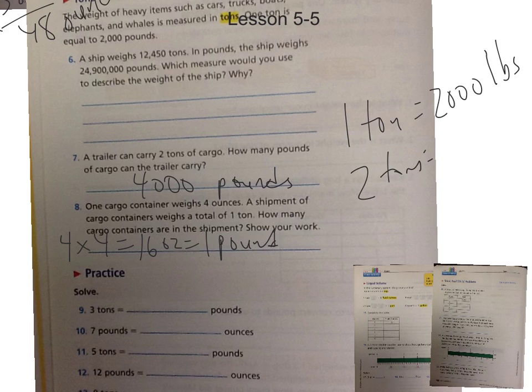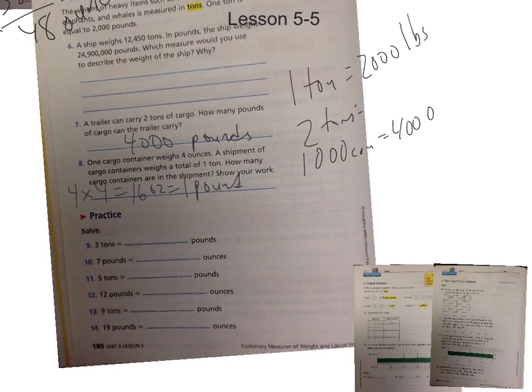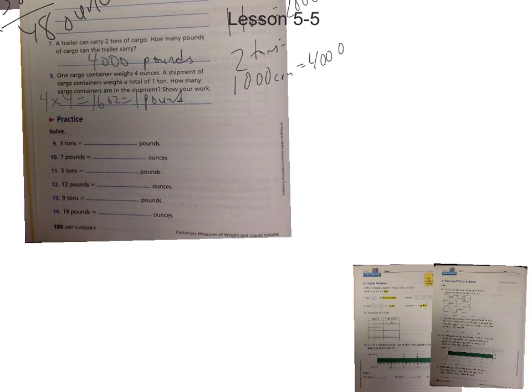Okay, so you would need, let's see, if you had 1,000 containers, so 1,000 containers would equal 4,000 pounds. Alright, because this one's kind of tricky even for me, I'm going to break it down a little bit smaller over here. It says one container equals 4 ounces, and a whole shipment comes in, and the whole shipment weighs